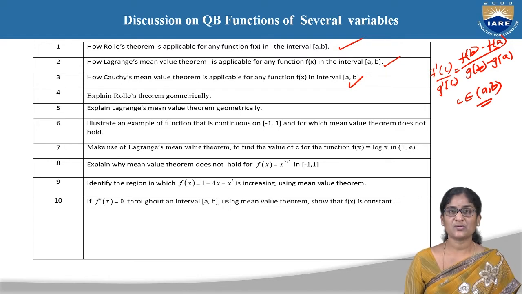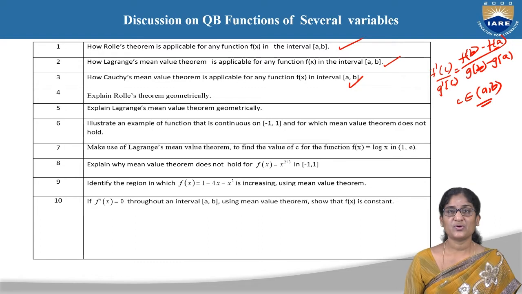According to this Rolle's mean value theorem, geometrically it can be explained as follows. If y is equal to f of x is any function defined in the closed interval a comma b such that, number 1, f of x is continuous for each and every point in between a comma b. That means for every point we should have a finite value of f of x, then it is said to be continuous. Then secondly, f of x is differentiable in the open interval a comma b.